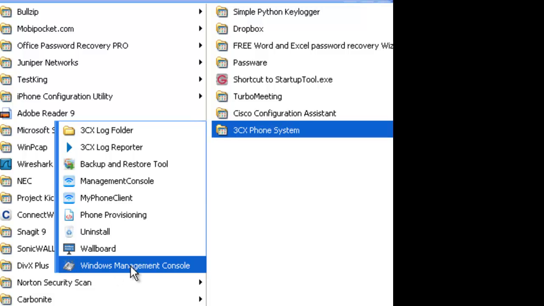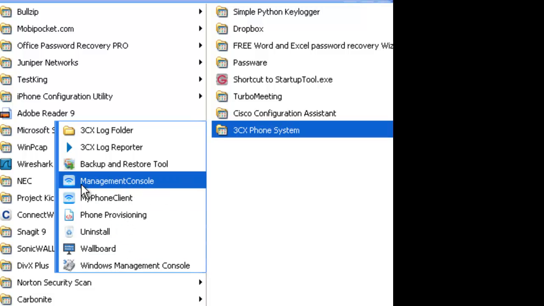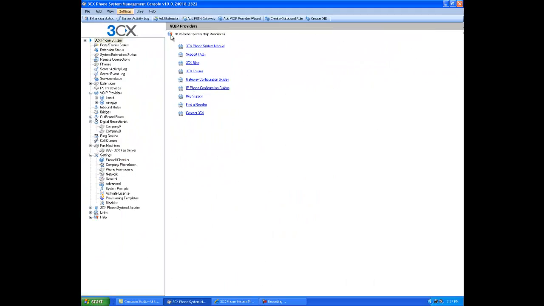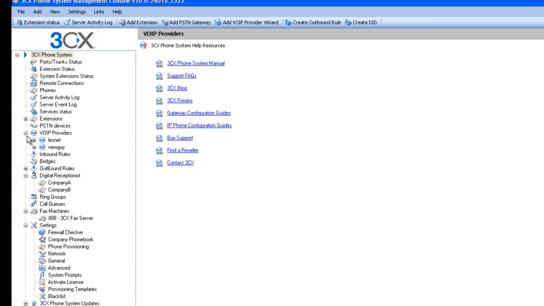You can use the management console here on the actual machine, or you can use it from an internet connection through a browser. I've gone ahead and brought it up here on the actual server. I did this install on a Windows XP machine just for the lab. You will get this interface when you log in, and it's very straightforward, easy to read,